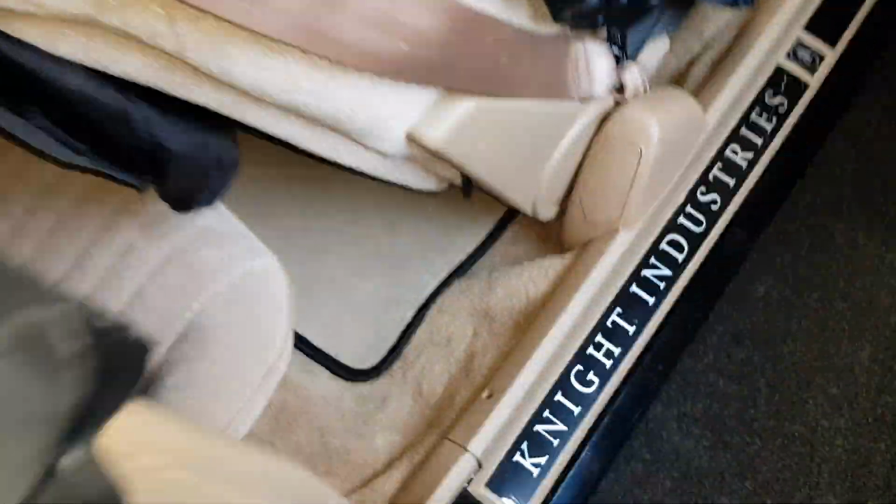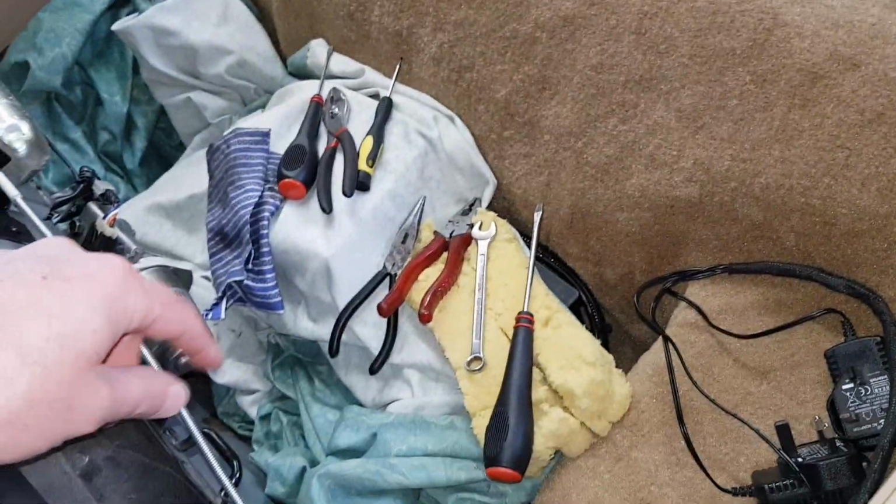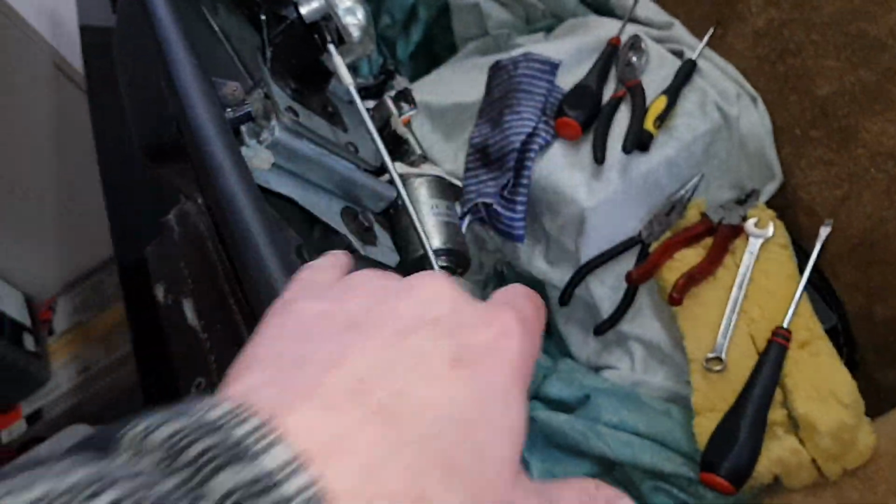And what I've done is I've run it all the way under my plastic trim around the side of my car, and I've got the button down there. So it's right next to my seat. It's out of the way. I've not actually properly installed it yet. I may put it into part of the plastic at some point, but for now I've just laid it there. Now this is really cool, because this really helps me, because if I get any issues I can still